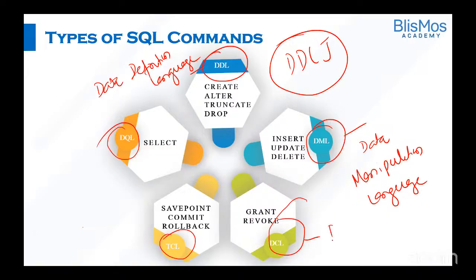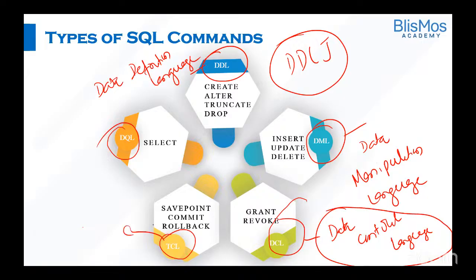Data control language. I heard you are controlling somebody these days, Hasina. I'm just kidding. Usually all the married ladies control the husbands, right? Right, Sabita, and whoever is married here, right? So like that. I'm just kidding. It is data control language. I'm not talking about that. As I said, I keep cracking poor jokes. Please don't mind.